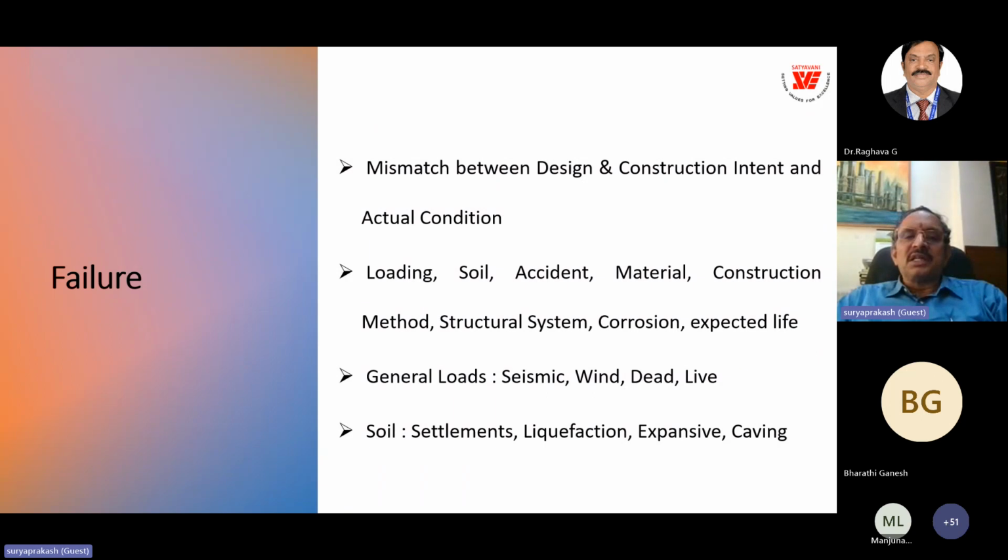Proper geotechnical investigation planning and preliminary investigation, and based on that we have to plan the detailed investigation to represent the complete soil profile. And then accidents is something which is beyond human control. So we have to also have a risk mitigation strategy to account for this kind of accident that can happen, and material properties, construction methods, structural system, corrosion, expected life, and general loads like seismic loads, wind loads, dead loads, and